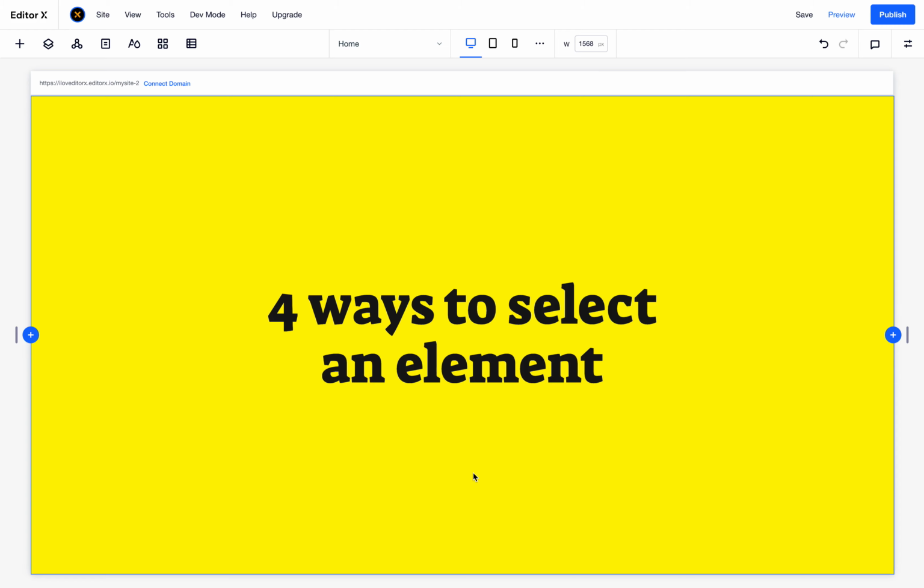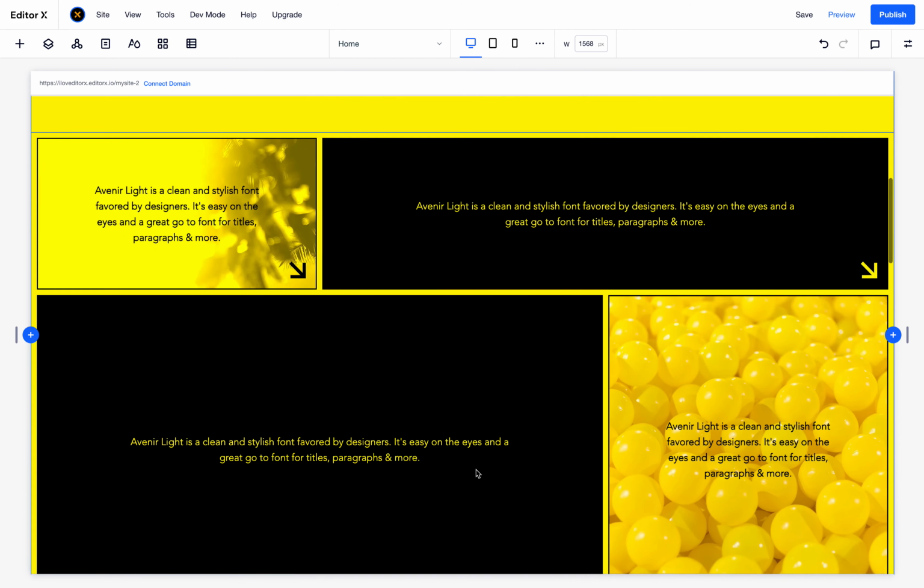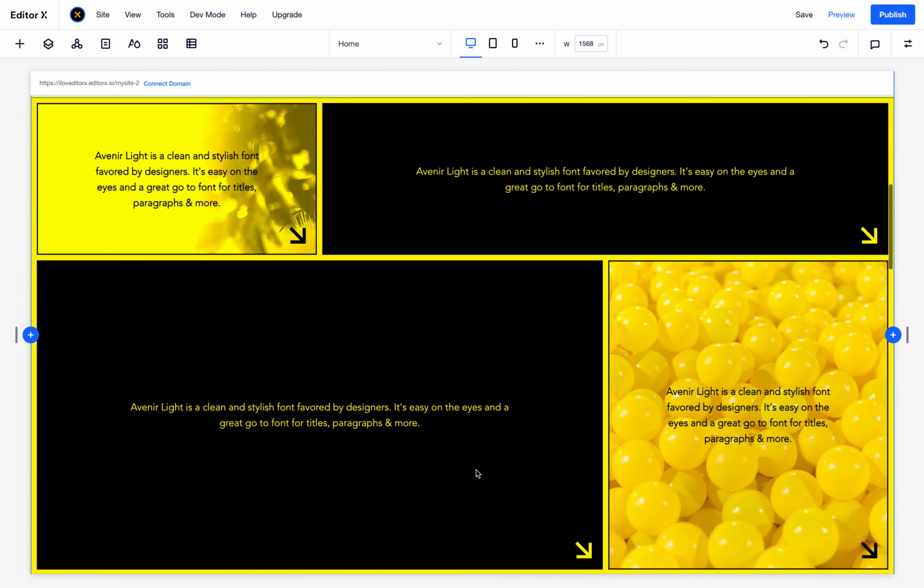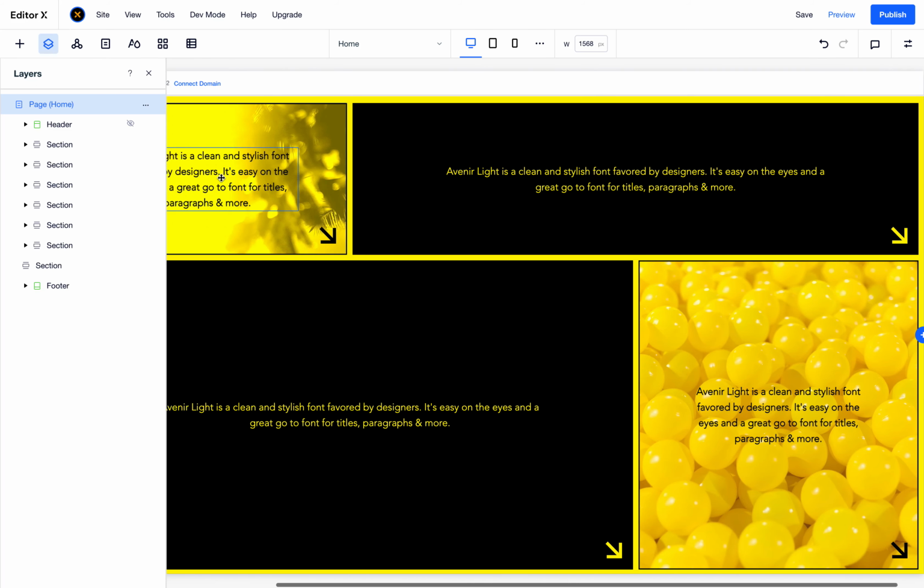So this one is a quick tutorial: 4 ways to select an element. Okay, for this example, I create a grid with 4 containers, where each container includes an image, text, and 2